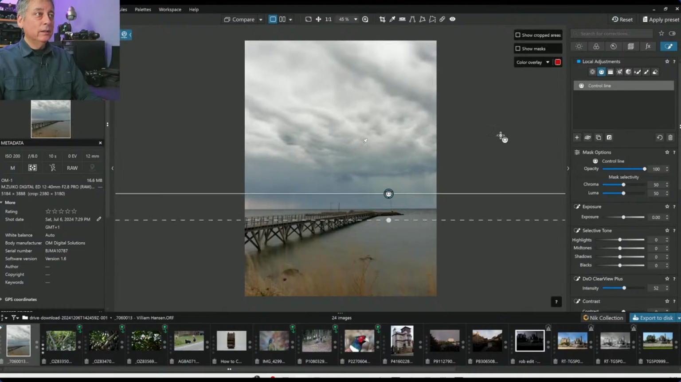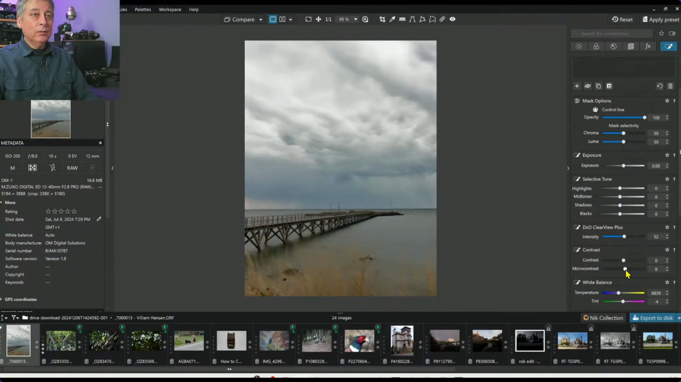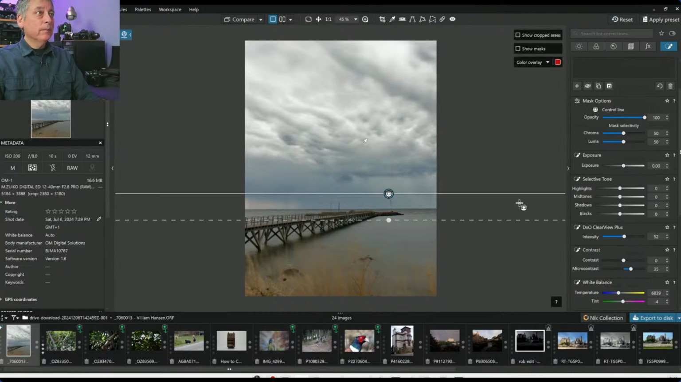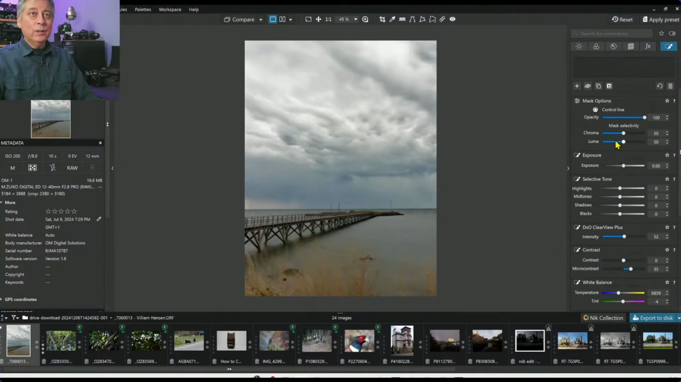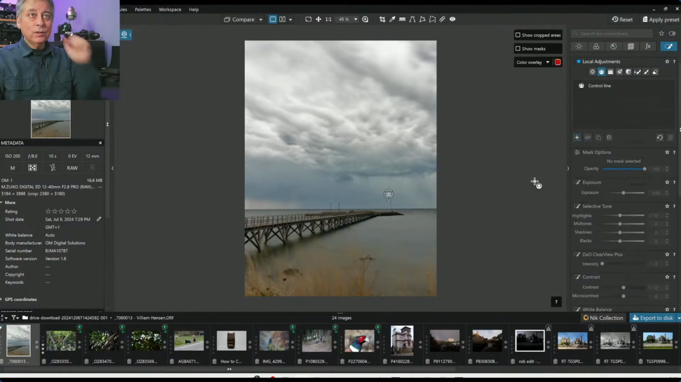And that looks good. And then maybe a little micro contrast as well, just to make those stronger. Okay. And then the water is going to be a little trickier because of the tones. So I'm going to click the plus sign and start a new local adjustment. I'm going to try another control line,